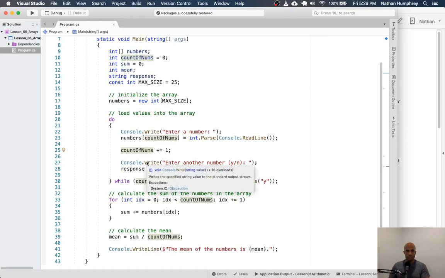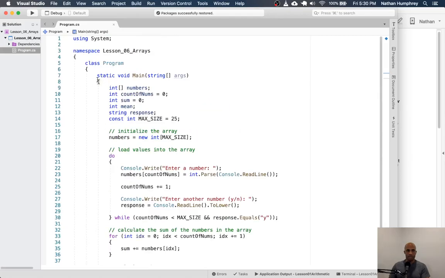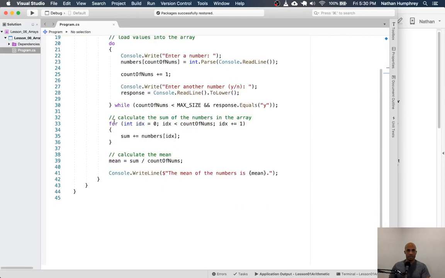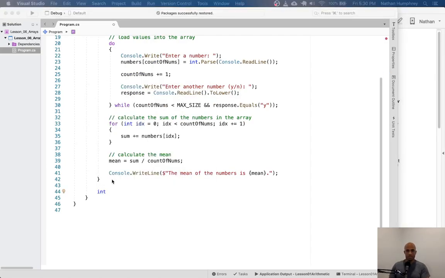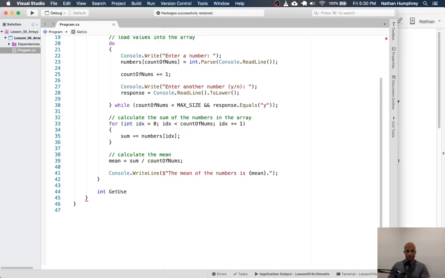So the first thing I'm going to do is just begin by outlining the method itself. So again, we want to do that outside of the main method, but still within the class scope. So after the main method here, I'm going to introduce this new method that returns an int, and we're told to call it getUserNumbers, so that's what we'll do here. It accepts as a parameter an integer array called numbers, and it's going to return again an int. Oops, I forgot the static keyword. So static int, that's the return type, the method name, and to call it, we need to provide an array